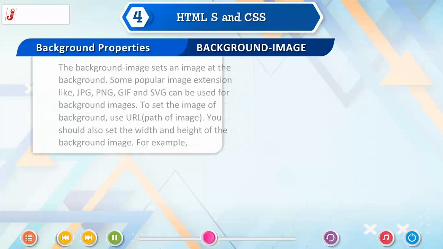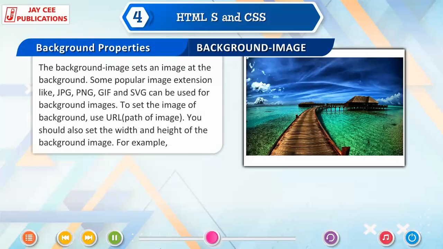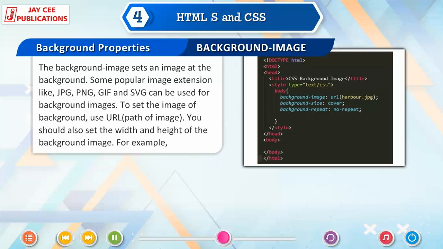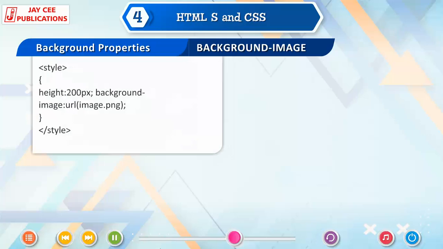Background image. The background-image property sets an image as the background. Some popular image extensions like JPG, PNG, GIF, and SVG can be used for background images. To set the image of the background, use the URL path of the image. You should also set the width and height of the background image. For example, <style> {height: 200px; background-image: url(image.png);} </style>